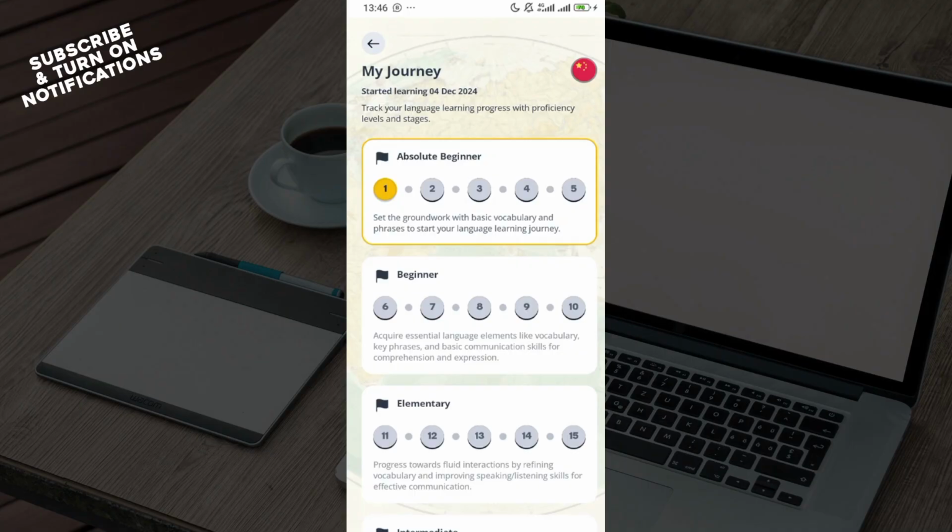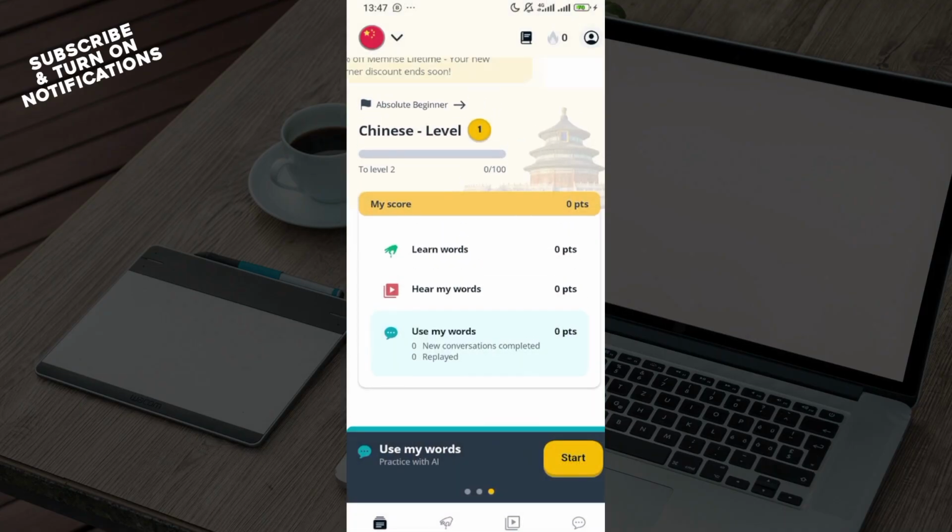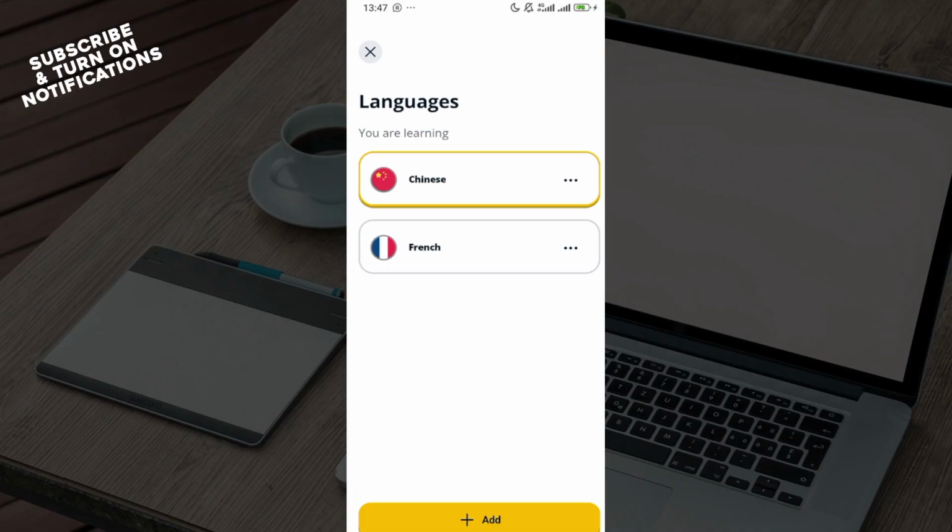So once you can see this, move to the top right corner and click on the language icon. If it's not working, go back to the home page, then click on the language icon on the home page, and then click on the more options button just by the right side of the course, and then you'll see